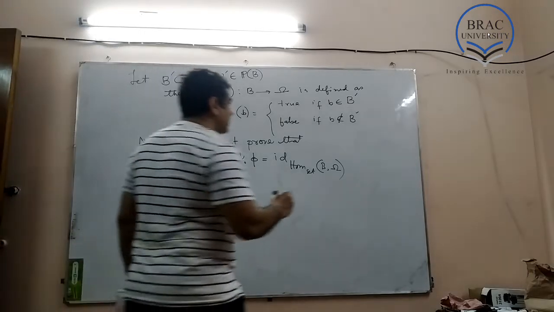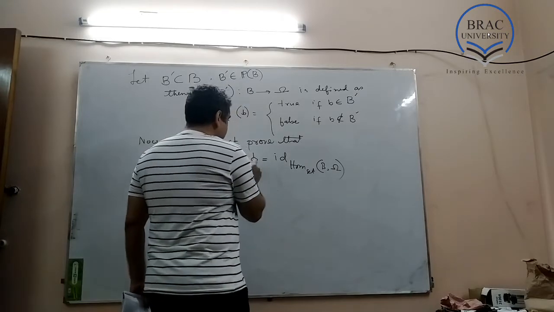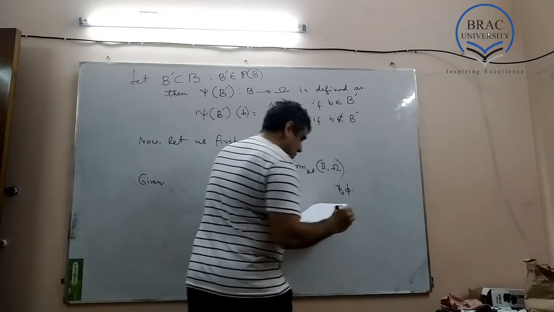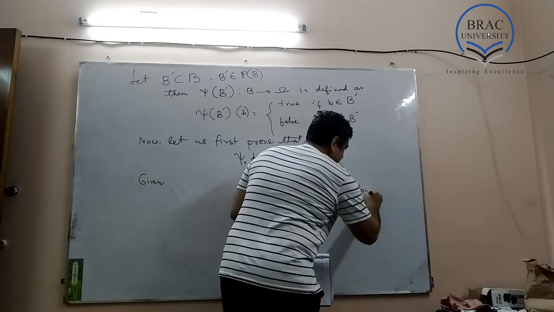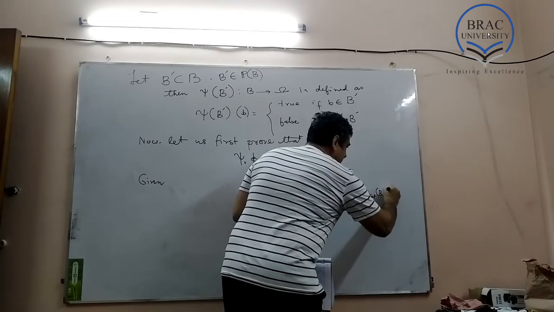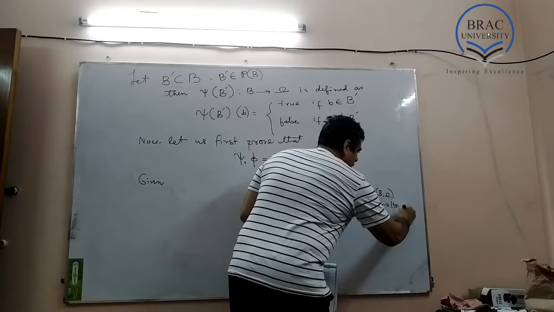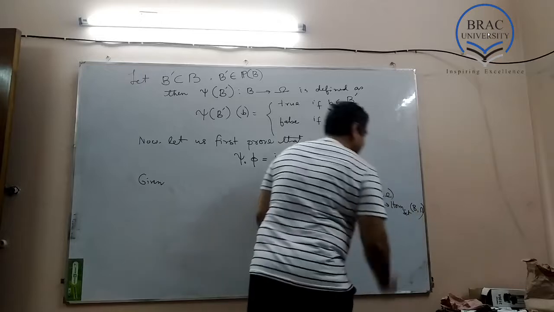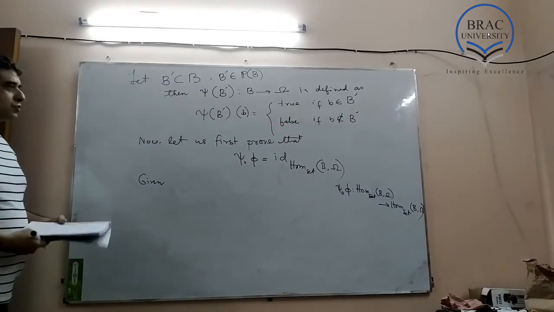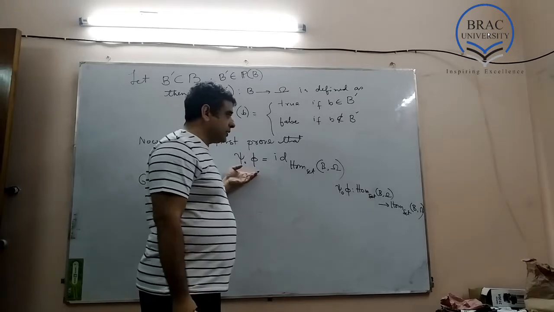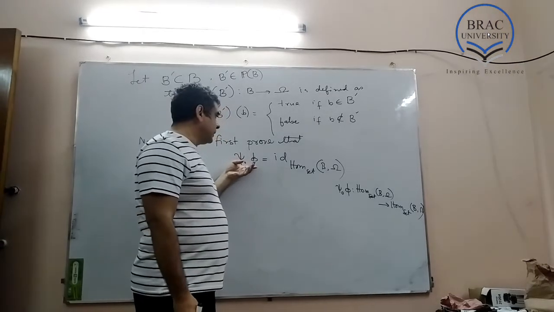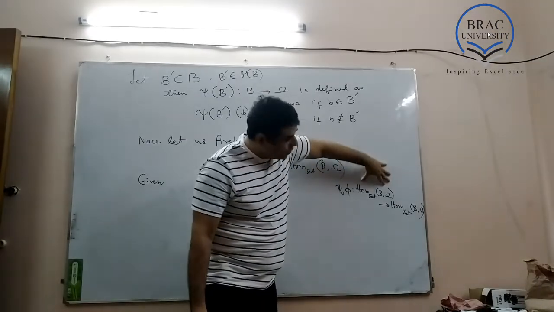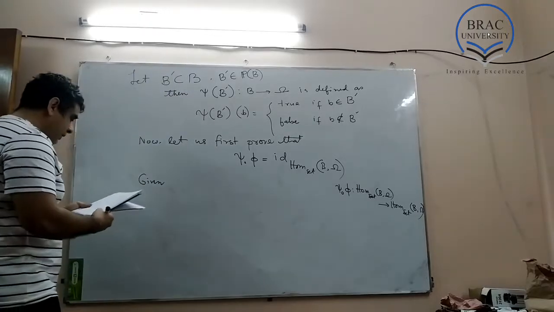Okay. First of all, I need to see it takes what to what. Psi composed with phi is a map from Hom set B, omega to itself. Check that. It's obvious from the definition of psi and phi. Okay. So in order to show that this is indeed the identity map of this Hom set, we have to pick up an element from this Hom set first. Let us do that. Given f